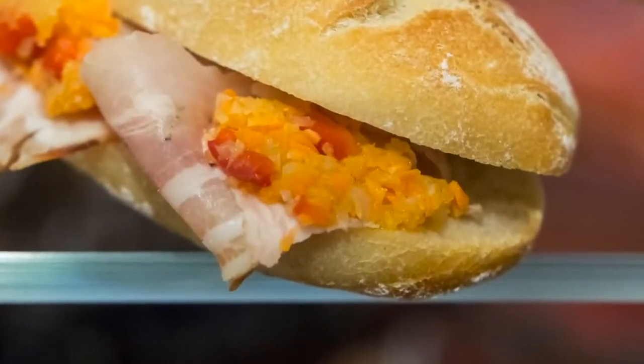Also, condiments are extra. Keep that in mind when you're ordering your sandwiches. Speaking of those sandwiches, you're gonna have a couple of options here, cold and hot. So, like